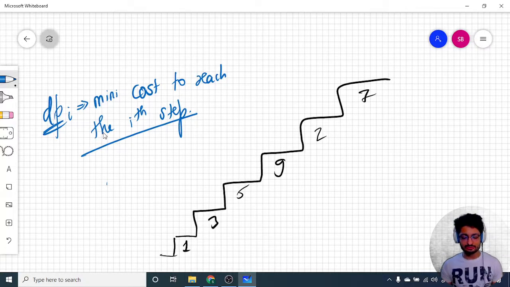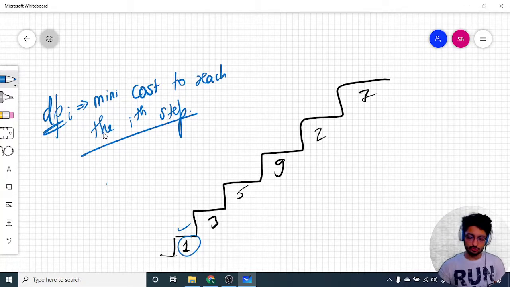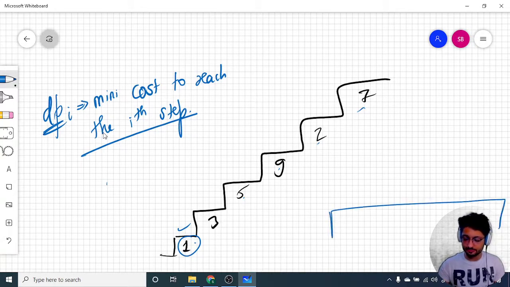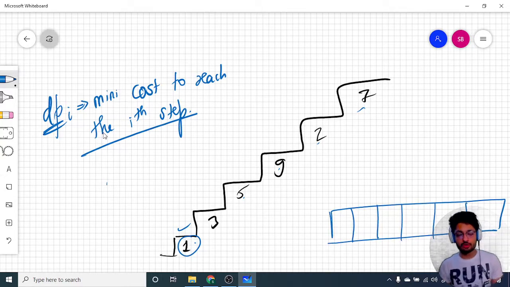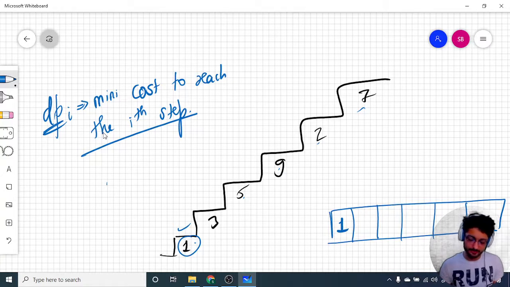Cool. So let us do the same thing. If I am on the first step, how much cost do I have to pay? I have to pay the first cost. Cool. So let us make some DP table to make it even more clear. Let us make 6 blocks here: 1, 2, 3, 4, 5, 6. Cool. So if I want to know the first value, it is 1, because if I'm standing on the first tier, it will cost me 1, like $1 or 1 rupee, whatever you can say. Now, if I'm standing on the second stair, it will cost me $3.